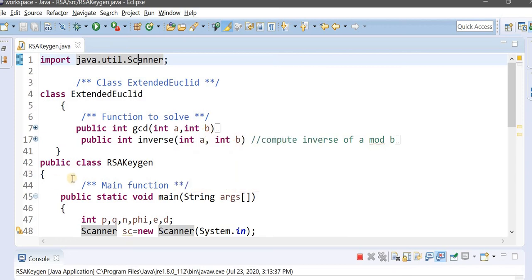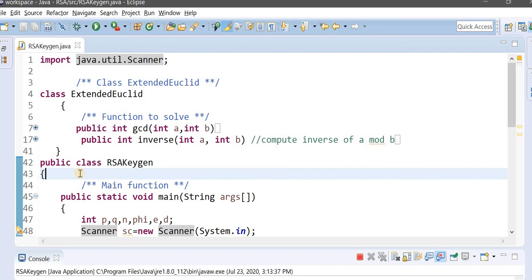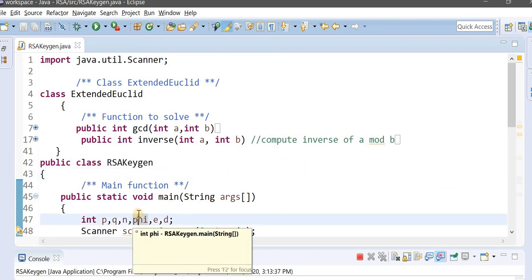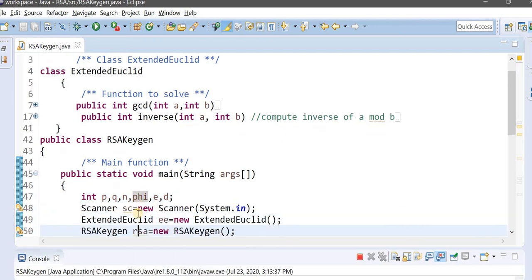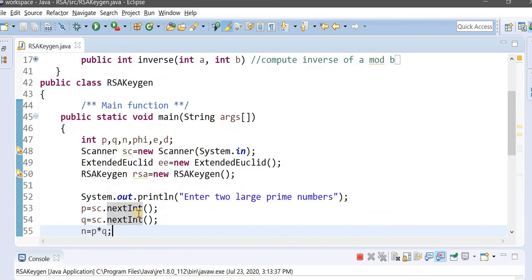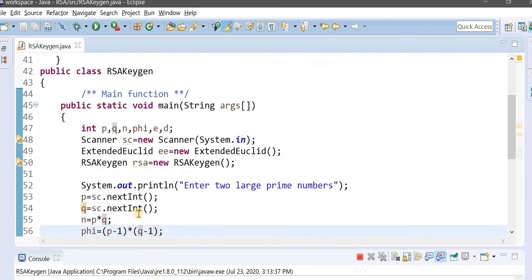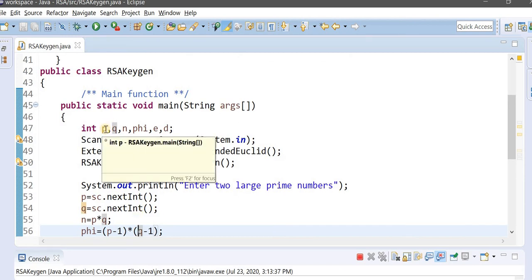Then we need the class RSAKeyGeneration. Here, for simplicity, I am writing all the code in main. As per the RSA algorithm, first you have to read two large prime numbers, P and Q. Then calculate N, then calculate Phi.